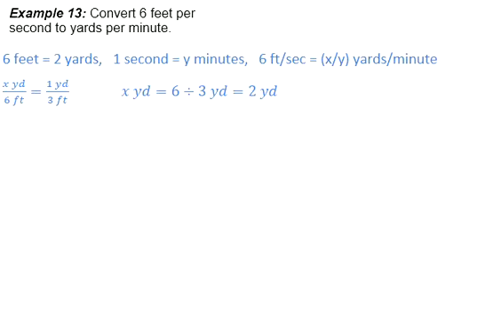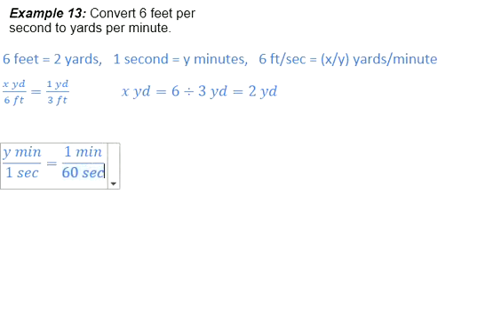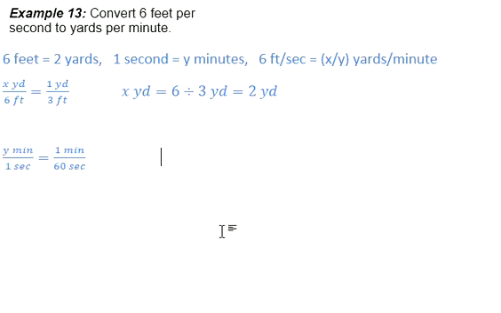Okay, so now I need to convert 1 second to minutes. So I have y minutes is equal to 1 second. Comparing that to the conversion I know between minutes and seconds, I know that 1 minute is equal to 60 seconds. Okay, so this is just a 1, so when I multiply both sides by 1 second, the second cancels out, and I'm left with y minutes is equal to, you can leave it as 1/60th,